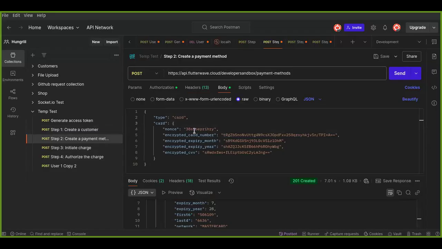So I might need to change this nonce, and then I'll need to do this whole process again. So just a little bit of time. Sorry, I'm doing this again. It won't take too much time. So I need to create the card again, that exact card again. I'll use the new nonce and then I'll use exactly the same card detail. So I'll say